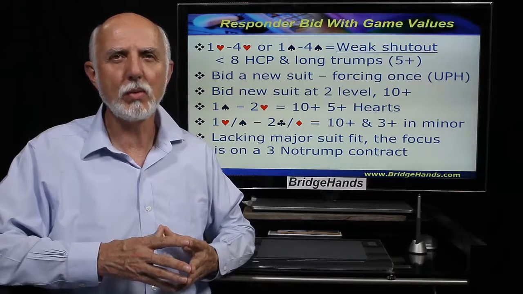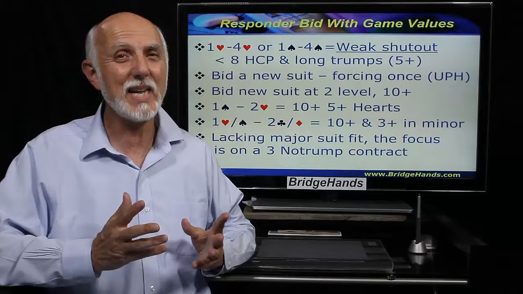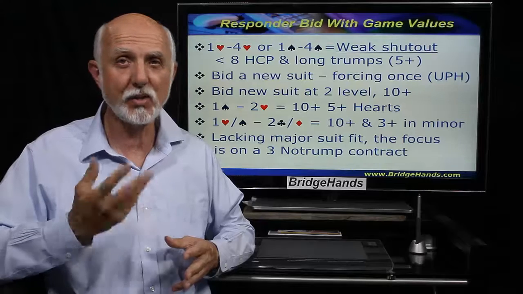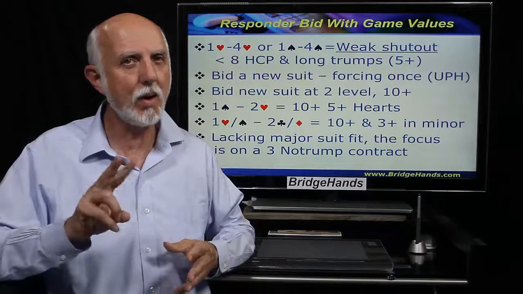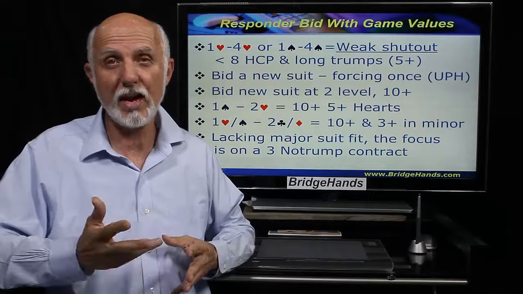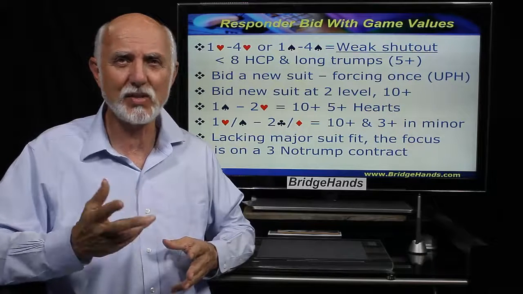Now recall that when responder makes an immediate jump bid to game in partner's major suit, it shows a weak hand with 5 or more trump. So when responder jumps to 4 hearts or 4 spades in opener's major suit, the hand should not have 2 primary honors, that's aces and kings. That, along with a short side suit, which you're often going to have when you have 5 cards in a major suit,